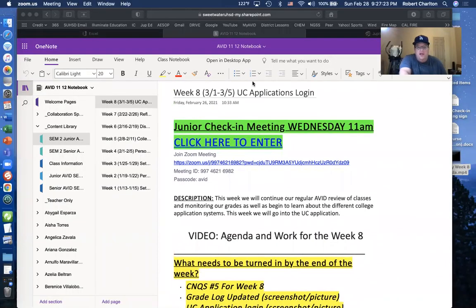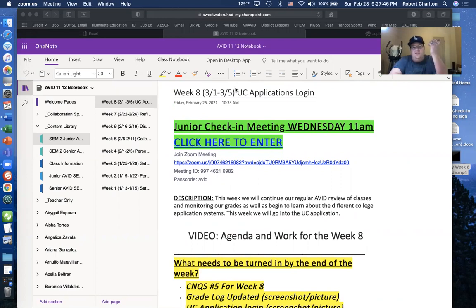So week 8, we're going to start talking about college application systems. There are 3 main college application systems that you could possibly need to apply through. There's the UC system, which is the first one that we're going to start with this week. There's another one that's the CSU system.